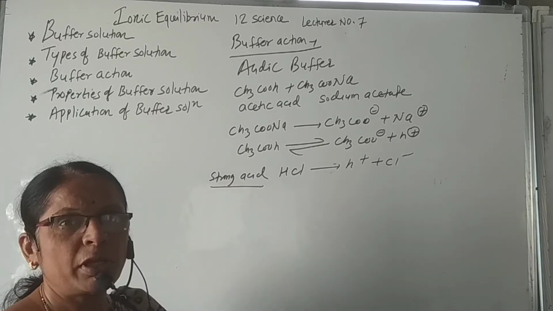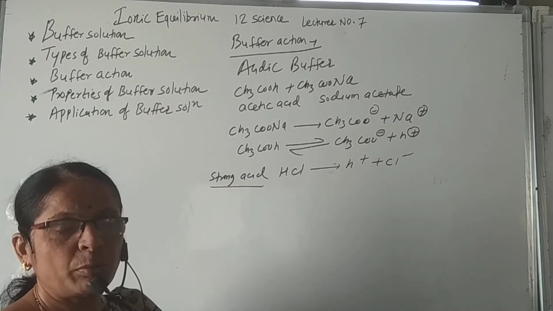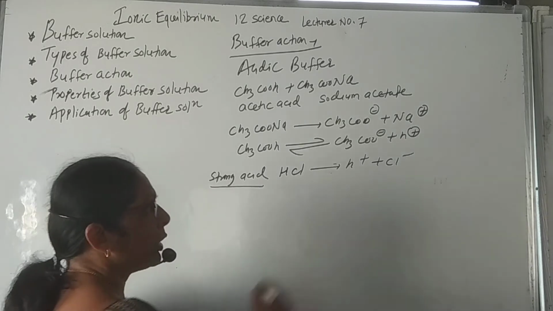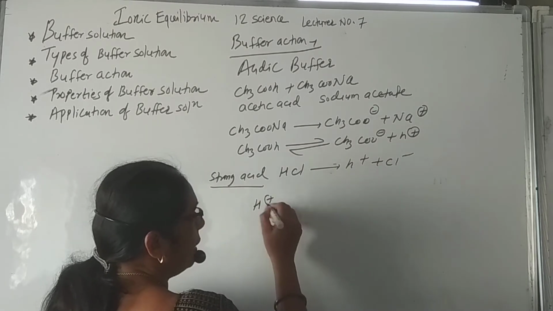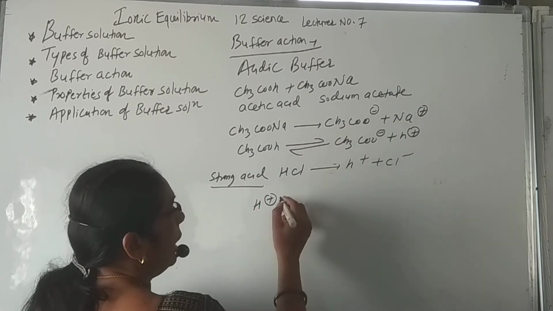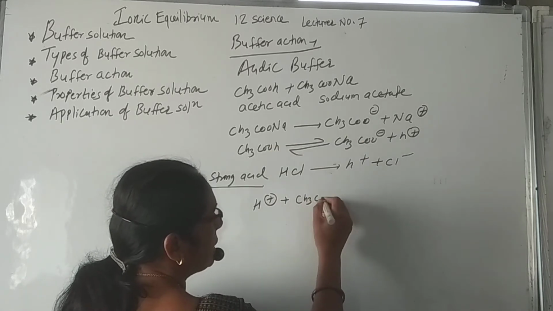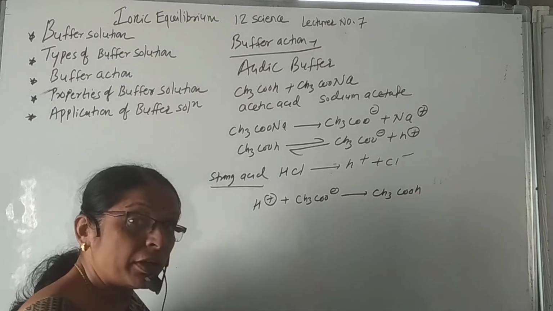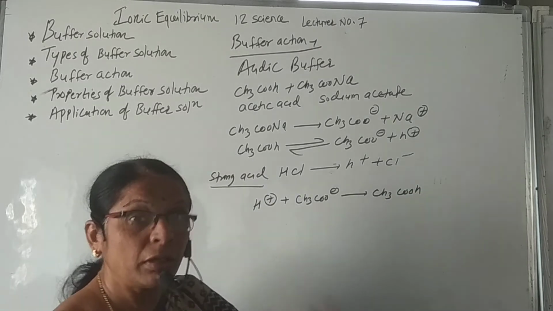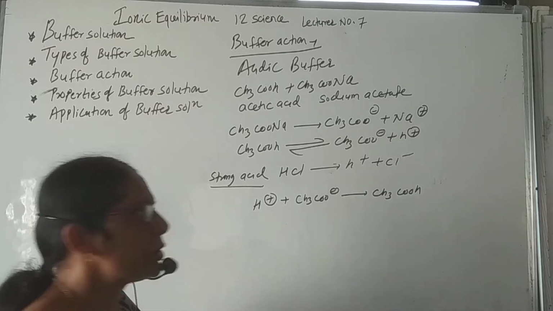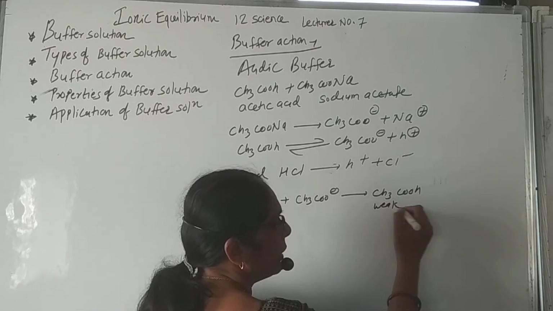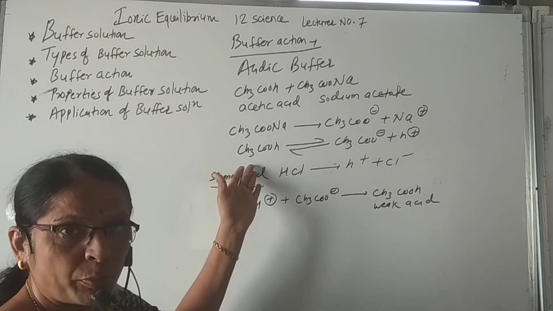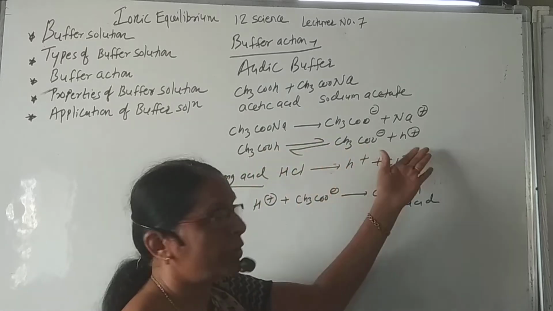As the concentration of the H plus ion increases, the buffer can be disturbed. So how can a buffer keep its pH constant? Whatever excess H plus ion we added by adding HCl is absorbed by the acetate ion, and the reaction occurs in reverse, forming the undissociated or very slightly dissociated weak acid, that is acetic acid. Acetic acid is already present in a large proportion because it dissociates only in very small quantities.